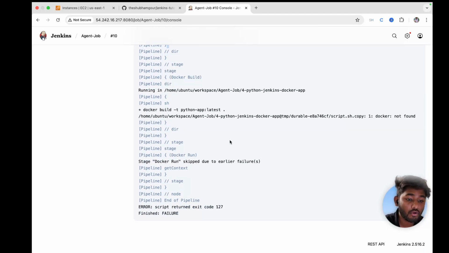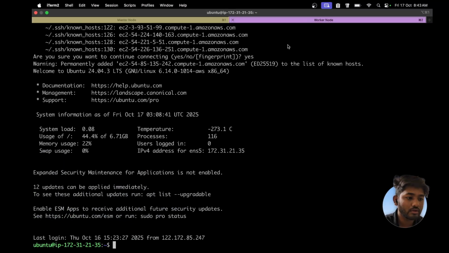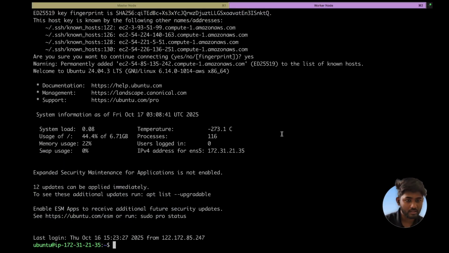Here it is saying docker build -t. The issue is with the docker command. Here it is saying docker not found. Since Docker is not even installed in the worker node, it is saying Docker not found. So what we are going to do is switch into the worker node terminal and install Docker. So, sudo apt install docker.io